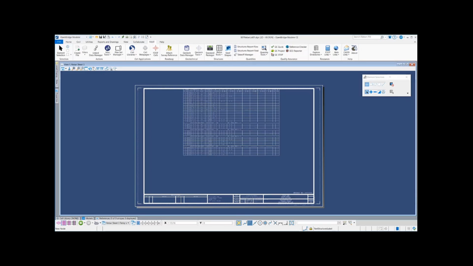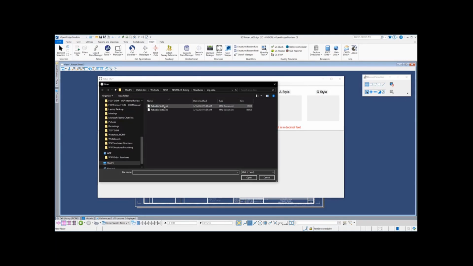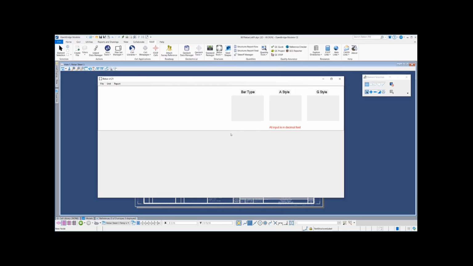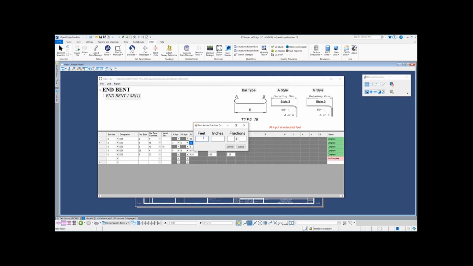So I will give just another note to reiterate about making changes. Say I went through QC and I've got some changes I need to make to my rebar list. So I can launch rebar chart again. I'll do file open, open up my rebar test 1, and then I'll go through and say that rather than 26.2, this is 26 even. So I've gone through and made these changes here,